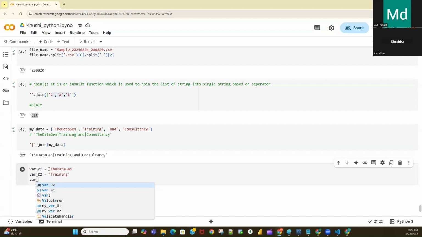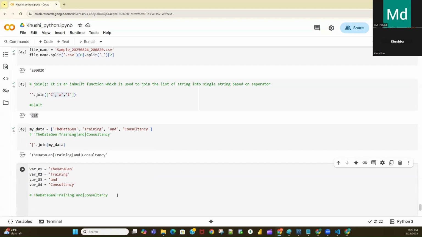This is another variable, var 2, var 3 equal to, and var 04 equal to consultancy, another variable. So now we can join these. I want this output again. So there are two ways I can do it.